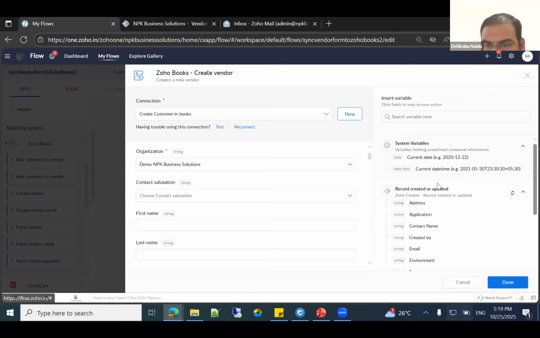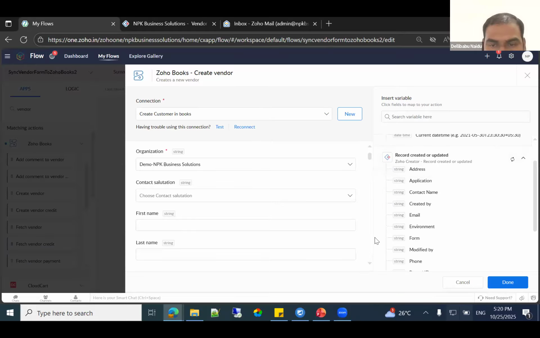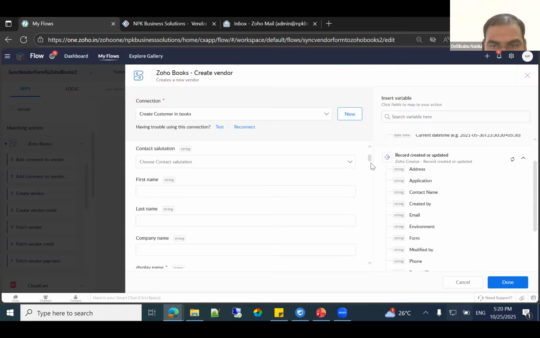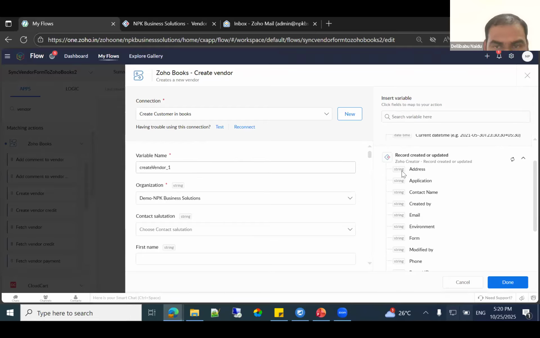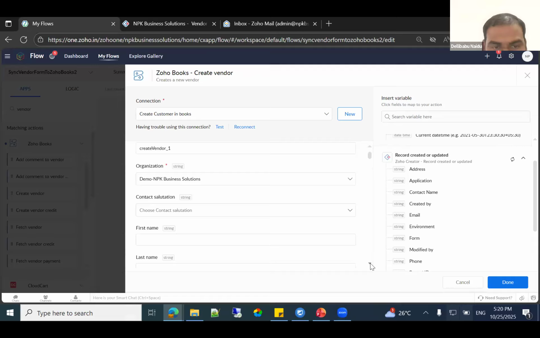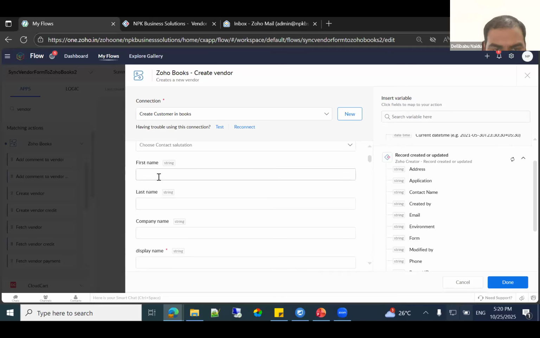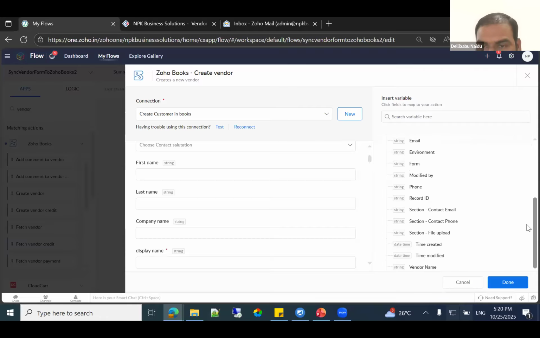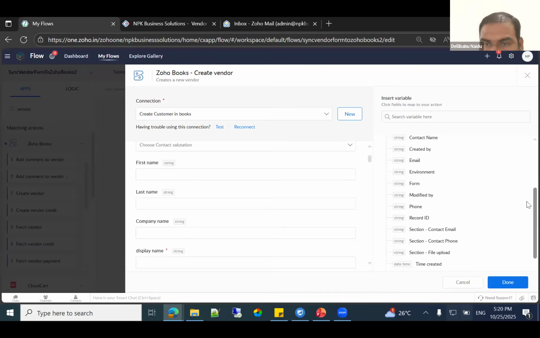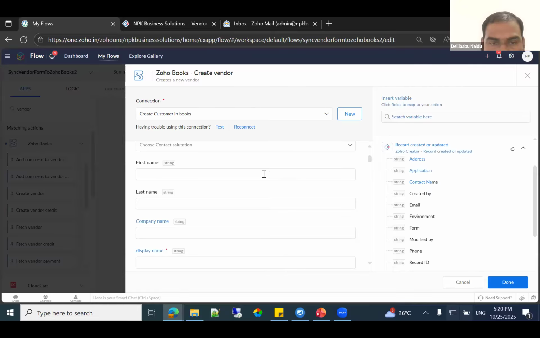Now we need to map this record, when it is created and updated, that field into the Zoho Books form. This is the Zoho Books vendor form. Here it is asking, these are all okay. First name, yeah, contact name is there.